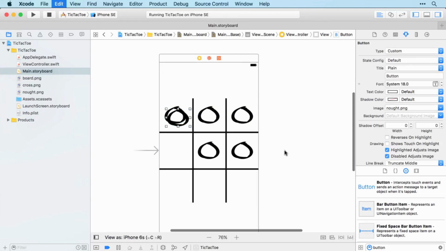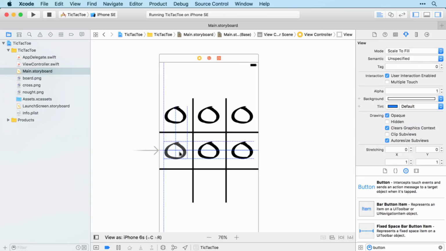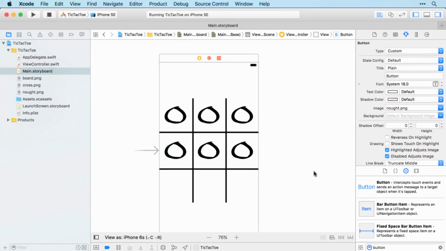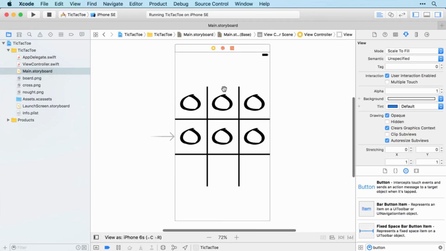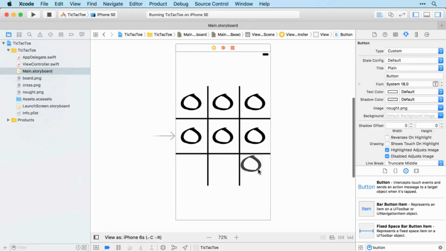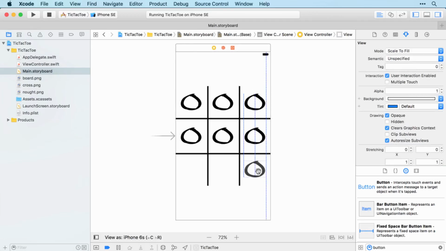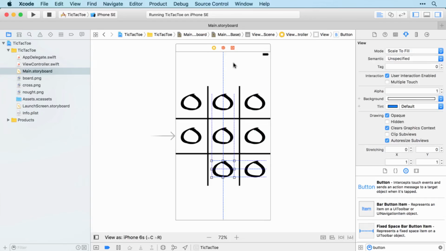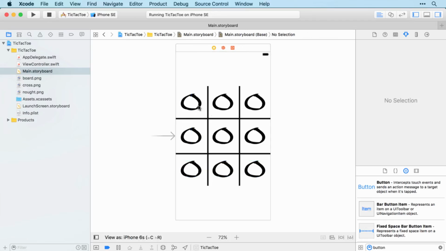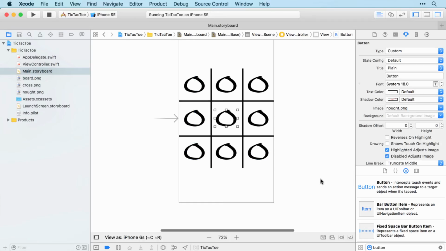Let's keep on adding them. Nearly there. Okay. All right, now to try and get these laying out nicely,